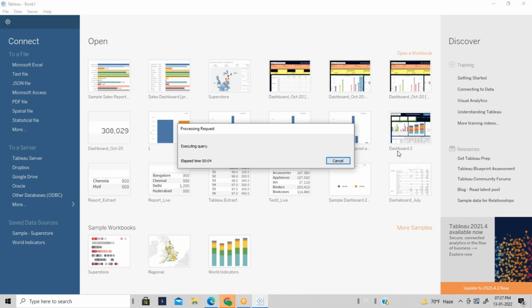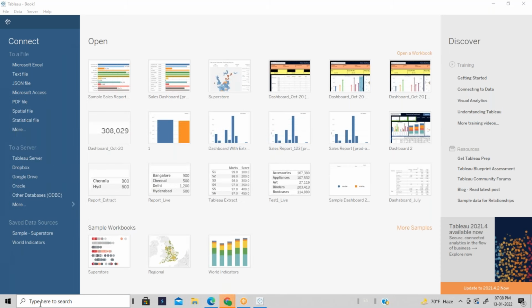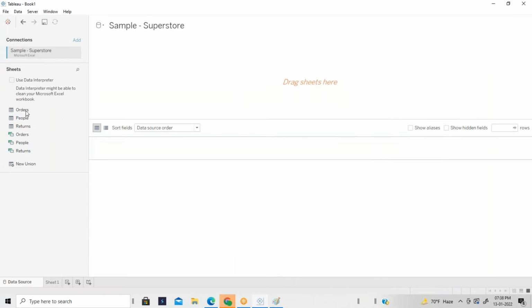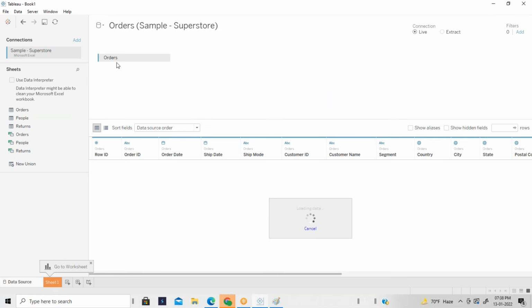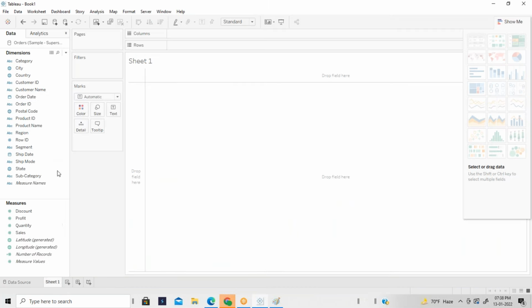So I'm going to try to connect to the Excel source. Try to have the orders table here. Now, just category.